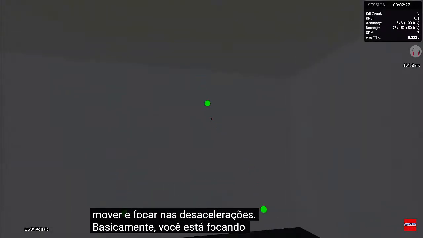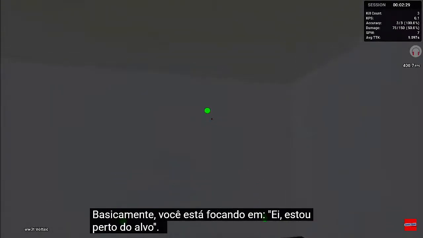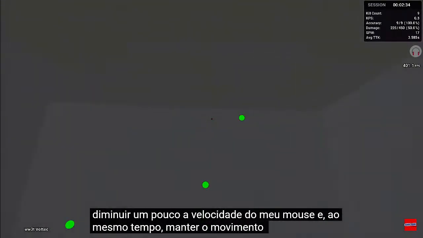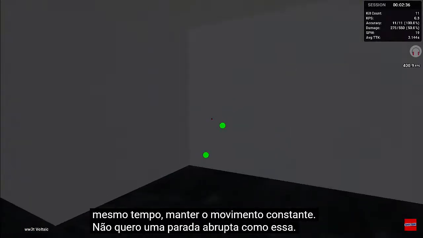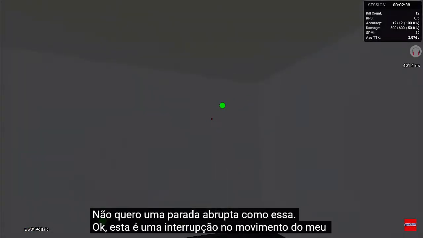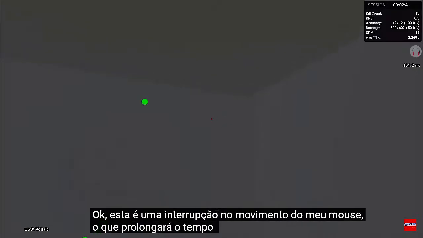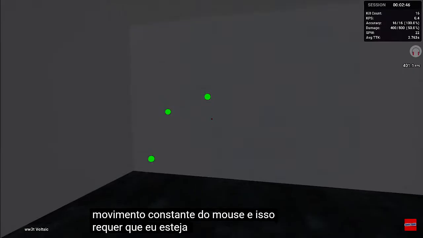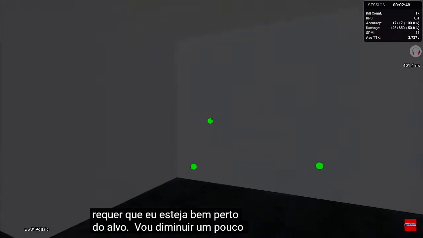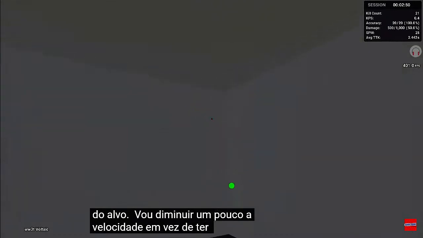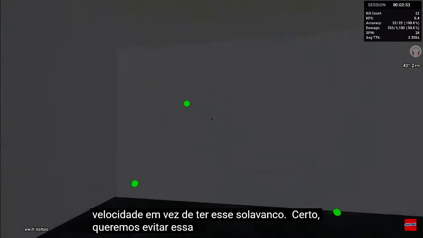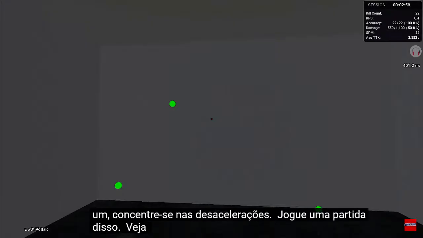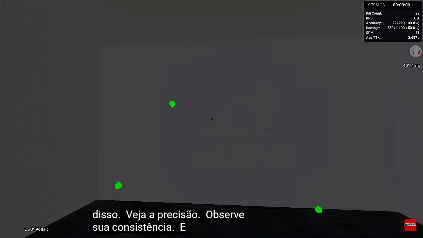You're essentially focusing on, hey, I'm close to the target, I should slow my mouse down a little bit while at the same time keeping constant movement. I don't want an abrupt halt like this. Okay, this is a halt in my mouse movement, which will prolong the time to reach the target. I want to keep constant mouse movement, and that requires that, hey, I'm kind of close to the target, so I will slightly slow down my speed instead of having this jolt. Okay, we want to avoid that snappiness. Number 1, focus on decelerations, play a run of that, look at the accuracy, look at your consistency, and then